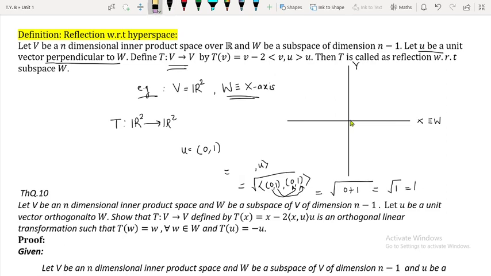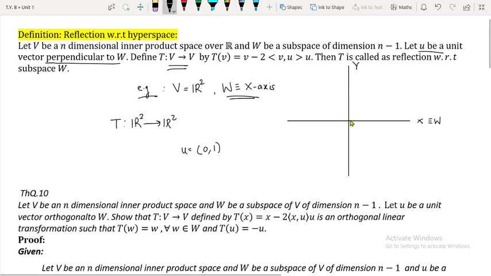Okay, so one can easily do that. So naturally my choice of u is going to be (0,1). You can have any vector along y-axis. Suppose I have (0,3), but this is not a unit vector. So you can always convert a vector into a unit vector. How can you convert it? If this is my v, simply divide it by norm of it, so you will get a unit vector. So this can be done, that is not an issue. So naturally over here my unit vector orthogonal to x-axis is going to be (0,1).